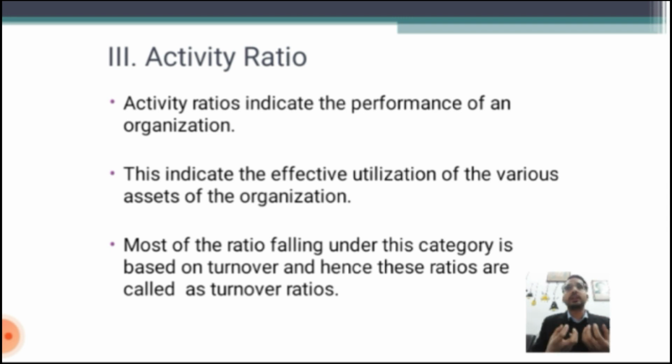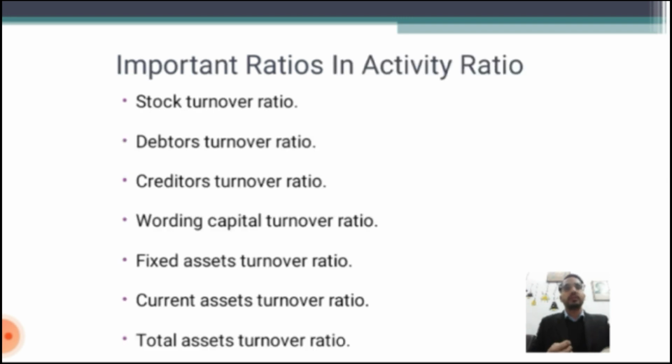These are also standard ratios, known as activity ratios. Activity ratios indicate the performance of an organization. They indicate the effective utilization of the various assets of the organization. Most of the ratios falling under this category are based on turnover, hence these ratios are called turnover ratios. Important ratios in activity ratio: